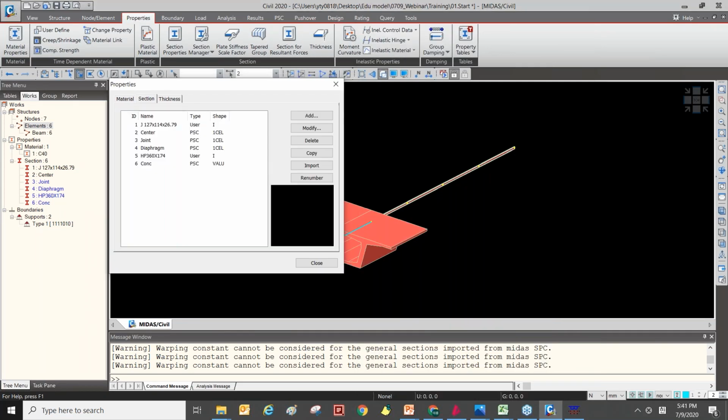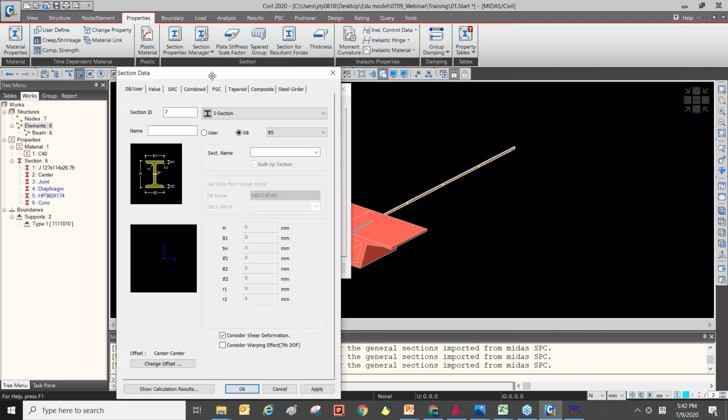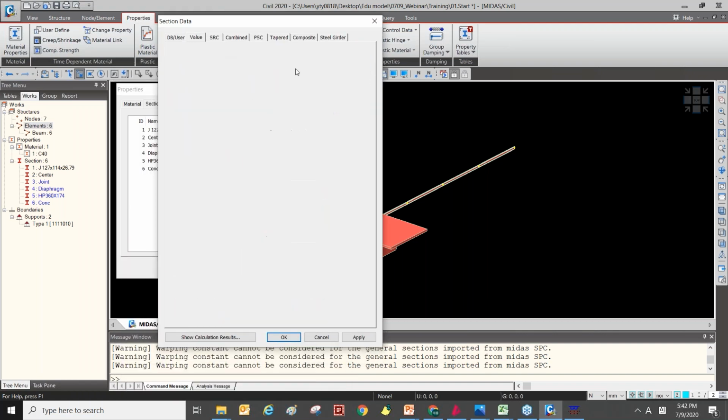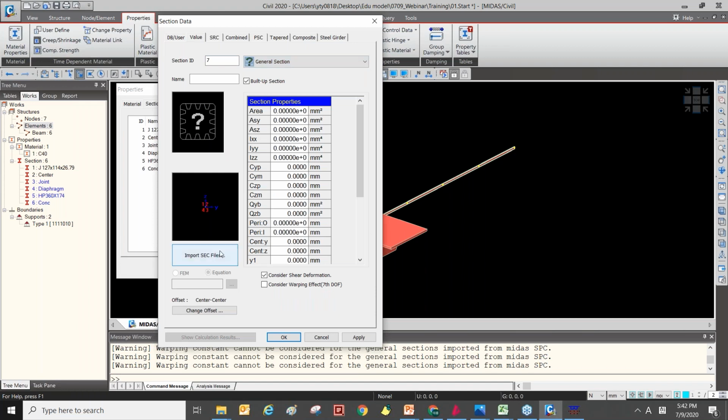Okay, move on back to the MIDAS Civil, and here we can import the steel composite section. Actually, the composite section from SPC is not imported in the general section type in the value.